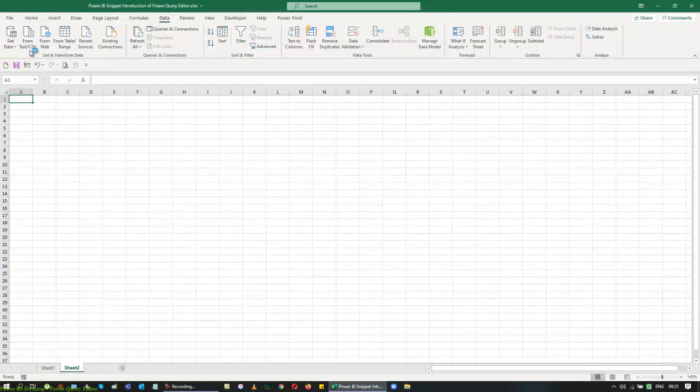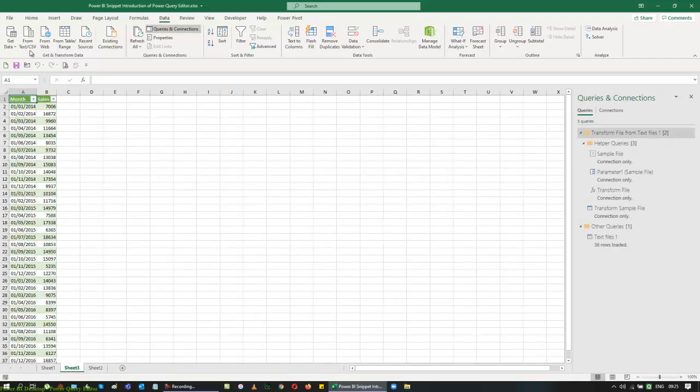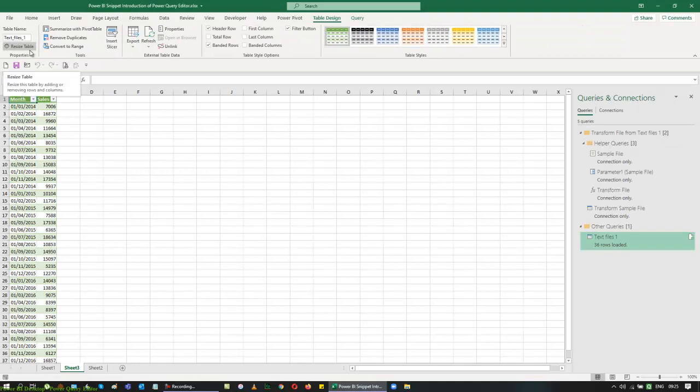So you can see that it adds a brand new sheet after my sheet 2, and it's going to add my data in a tabular format, or in a table format. Remember, this allows the data to become dynamic, and I had 3 years of data, so you can see that it's added 36 rows into a list. It's a Power Query Connections screen.